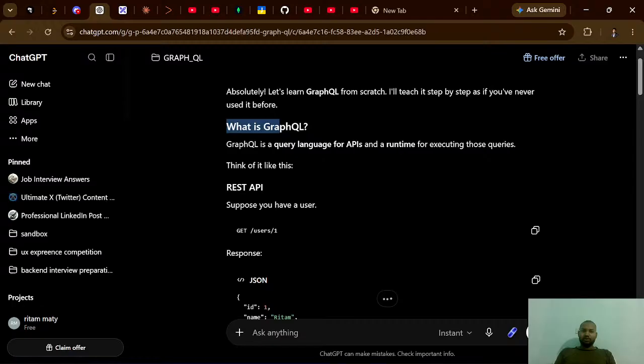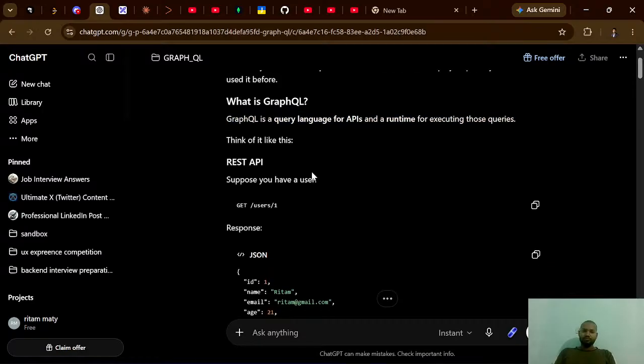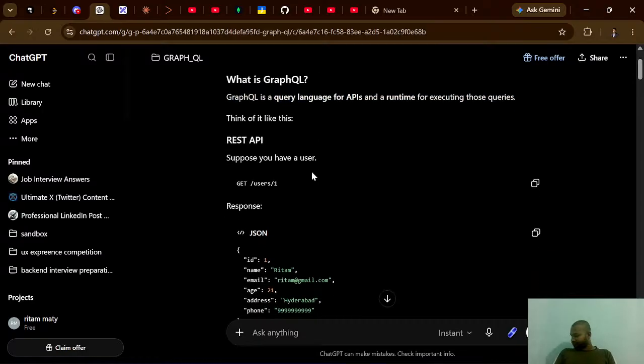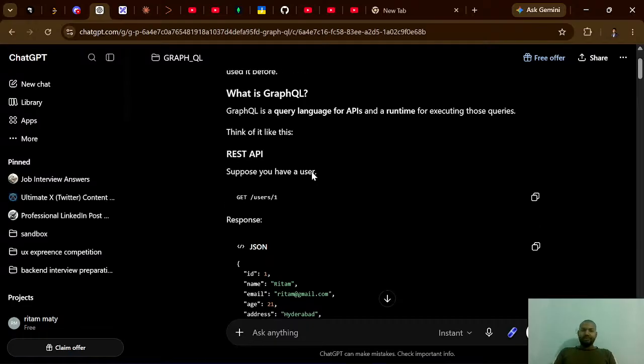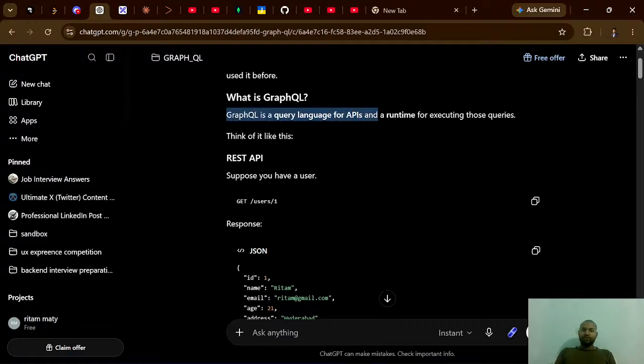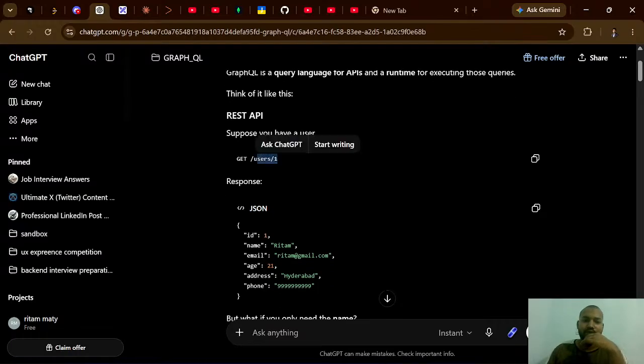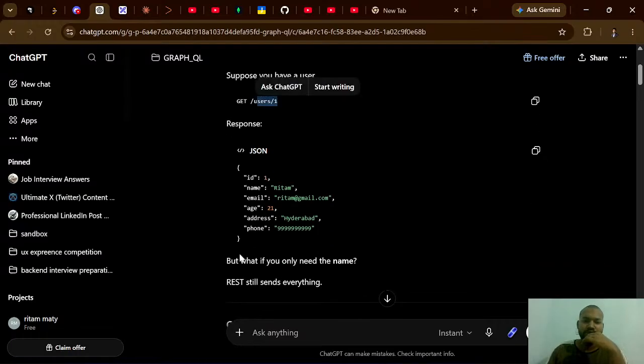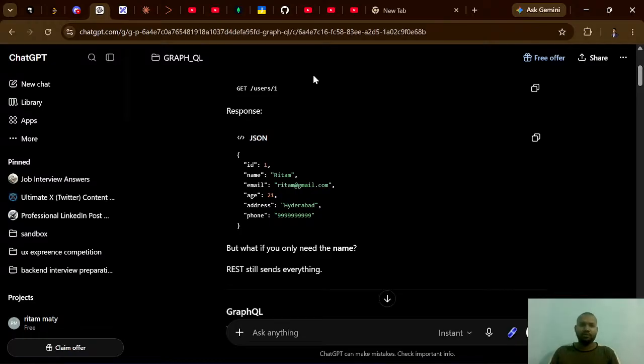Okay, what is GraphQL? It's a query language for APIs and a runtime for executing those queries. Think of it like this. Okay, we have a REST API. For example, we have a user, user one, and it gives the data. Makes sense. Normally, whenever we are hitting it out,